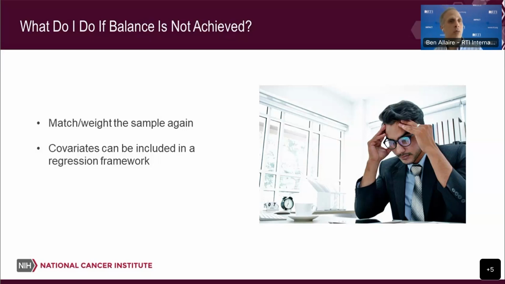And so that way you are controlling for the variables in which you know that your populations differ. And that can be a really powerful way to make sure that you are controlling for all the differences. Because especially if your model is large and you have a lot of covariates that you are trying to match on, you are almost guaranteed that you will not match on all of them. And so you may need to control for some of them. Okay, next slide, please.